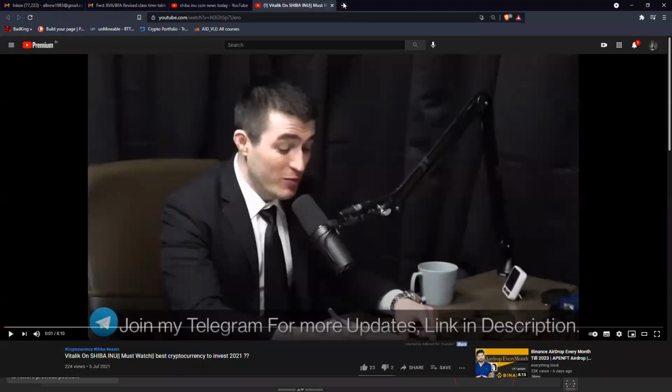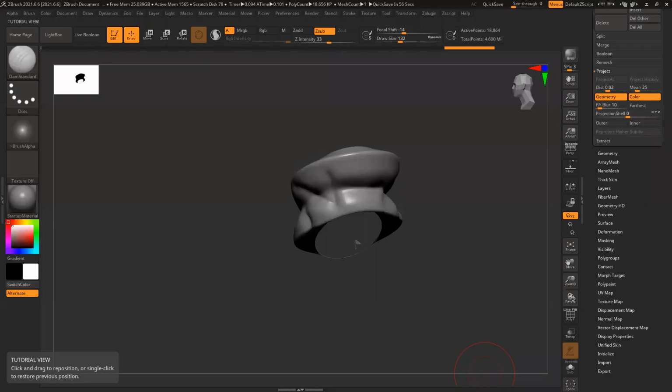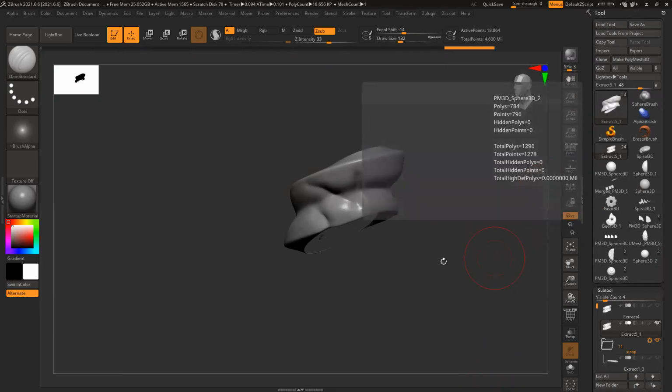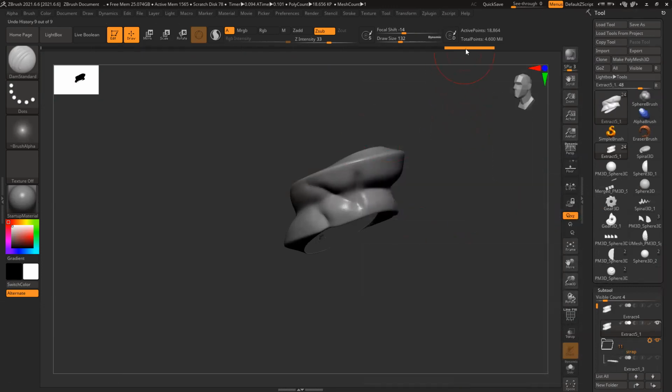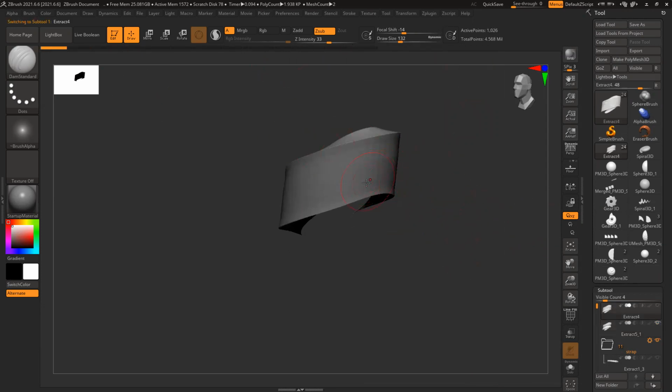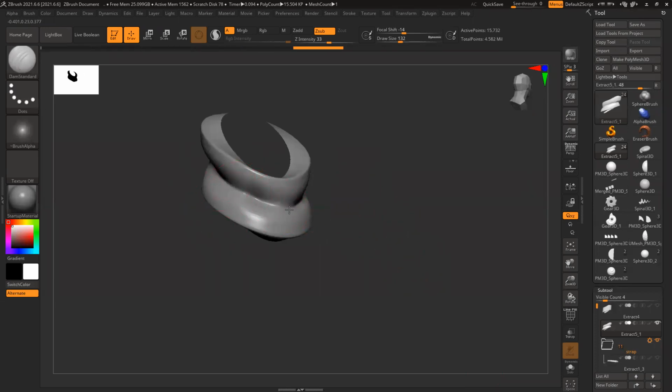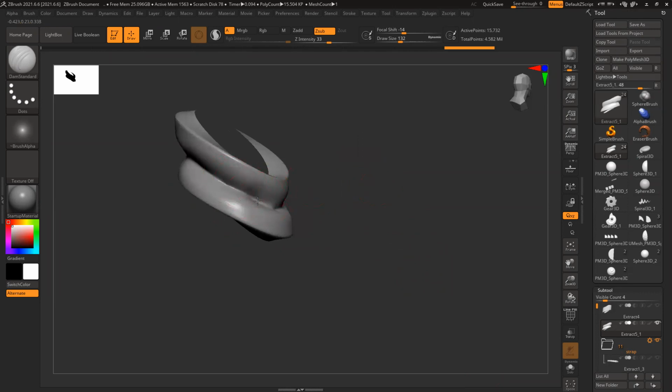Sir, could you please repeat the project all once? Project, yes. Project basically, okay, let's see. I just undo this entire thing, undo my model. So it was like this. Suppose this is my base model, right? Completely flat. And this is my model with details, like some folds and all. So I created a model with nice detail, and then I retopo the model and I want to project it back.